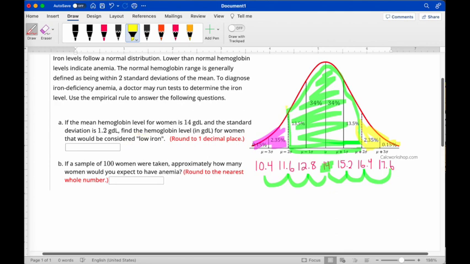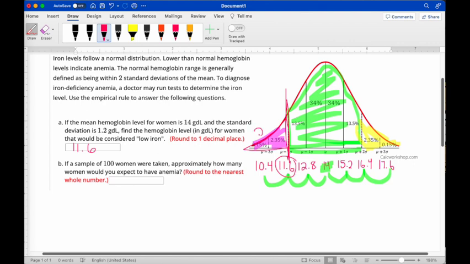The cutoff for the low iron is right here, because we said the normal range is within 2 standard deviations. So the cutoff point is 11.6 g/dL. So in here, you would put 11.6 g/dL. Now, this percentage of where the low iron is, if I take 0.15% and 2.35%, this total area